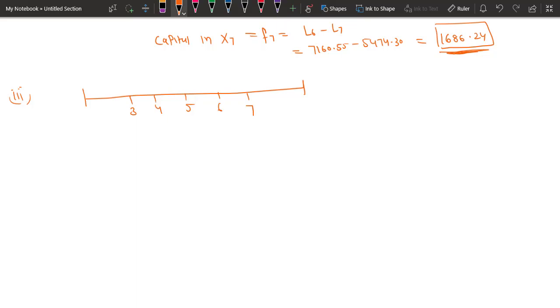So time 3 and time 7, to calculate the capital part, you will have to look at the amount here L3 and L7, because you are calculating the capital paid for this region starting from 3 and ending at 7. That means year 4, year 5, year 6 and year 7. You are calculating the capital paid in these 4 years. So please give it a try.